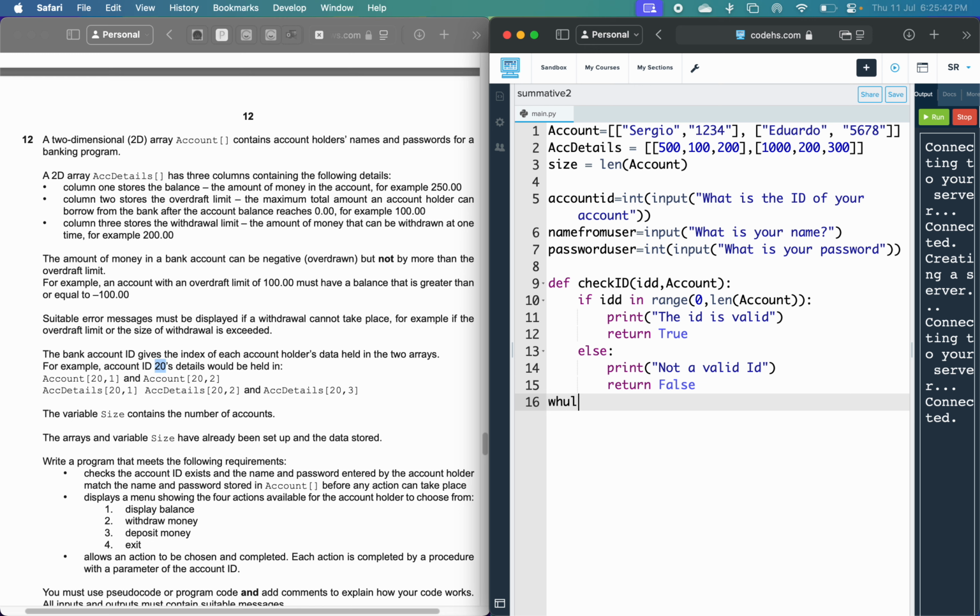So for example I can say while true, I'm going to determine if check ID, and I'm going to pass the ID that is stored in the account ID, that was given by the user over here, and I'm going to pass also the argument of the array, that is account. If this process is true,